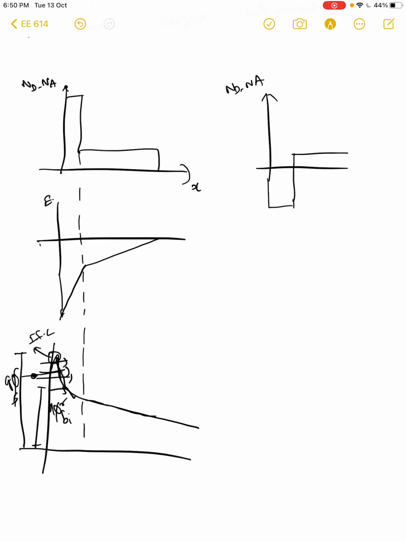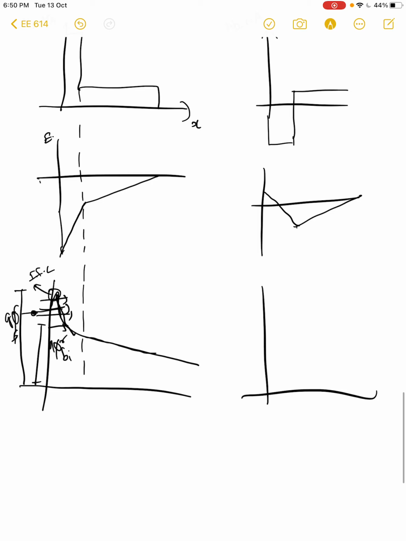Now the electric field can be drawn for the same purpose like this, right? And the actual barrier will look like this, where you actually have an enhancement in the field QB than the actual barrier that you will get, right? And this enhancement is because of the fact that you have a different potential at the interface.